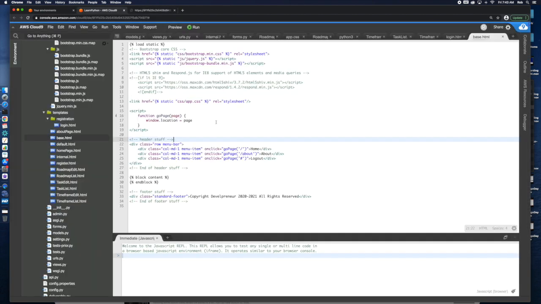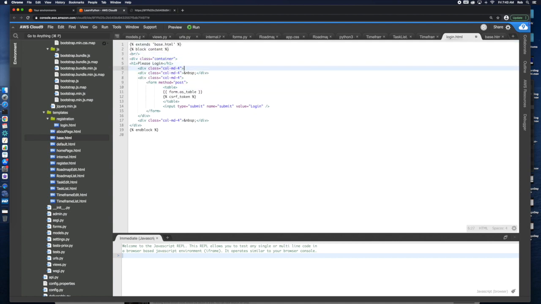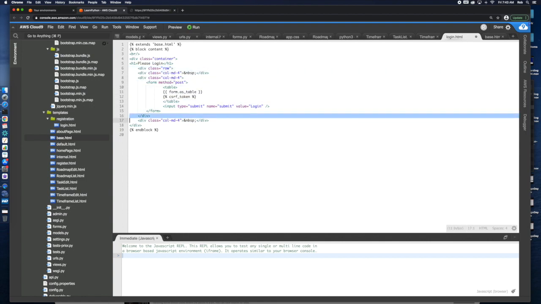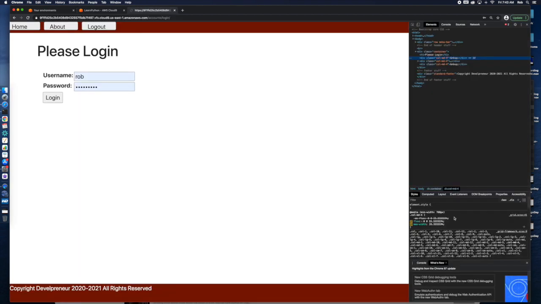Oh, you know what it is? It's because I'm not forcing that thing to be a row. So let's go back here and wrap that thing in a row and see what happens. Otherwise it's just going to spread stuff out as it deems necessary, which essentially will end up stacking them. So if we looked here,